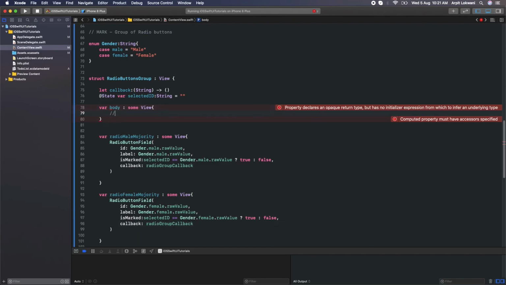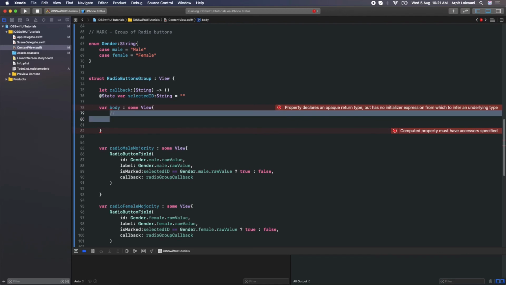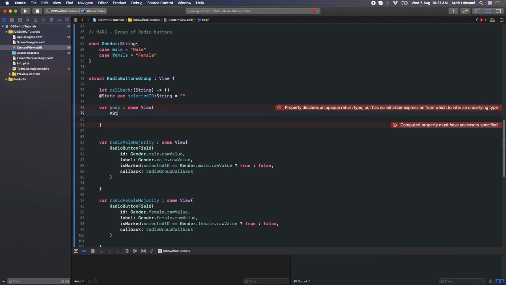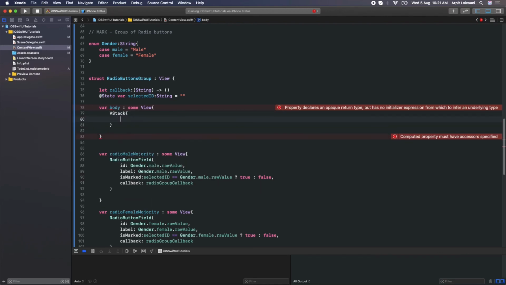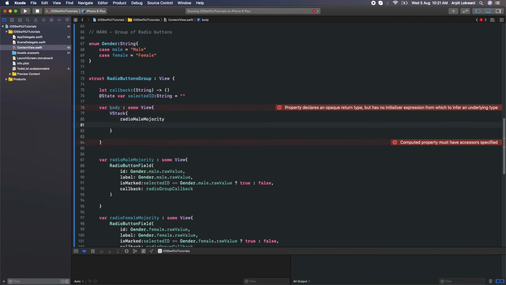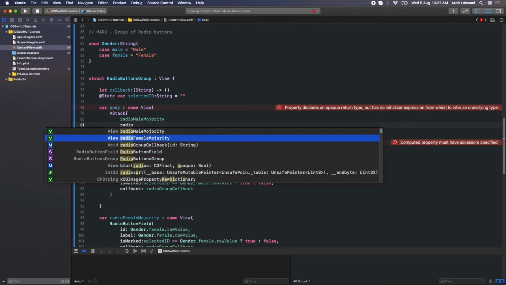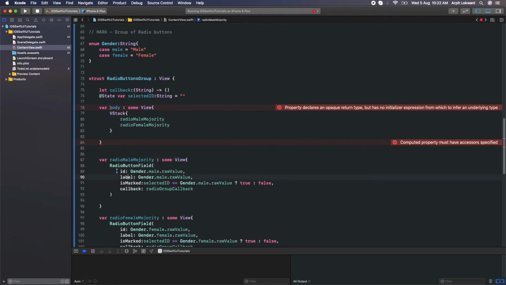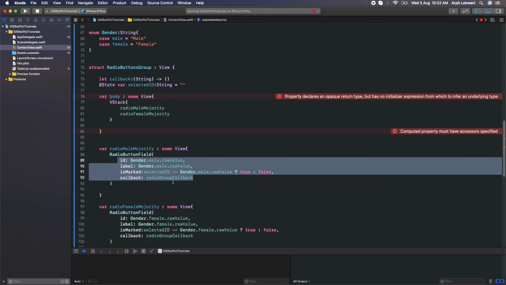I need to put these two into a vertical stack. So I will say vertical stack. Okay, so what I will say, radio male majority, and what else, it should be radio female majority. Fine. So we have created the attributes and all, yeah, settled there, right? Fine. So looks good, majority and everything we have settled.